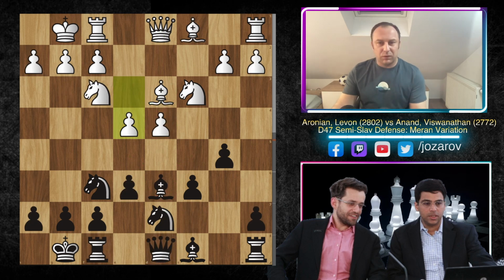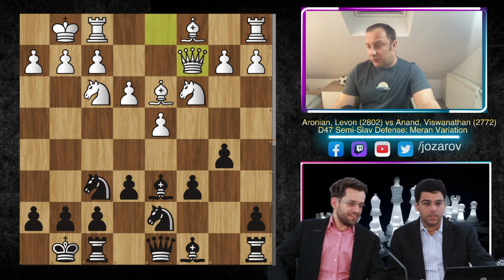There are of course also many different ideas that white can play, but e4 immediately is not good. You have to prepare this move. This is your main goal from white's perspective, but you should not play it immediately. You should delay it a little bit and prepare more with some pieces, maybe with rook to e1 and similar stuff. So here the continuation after kingside castle, queen to c2 was played by Levon Aronian, as we said,